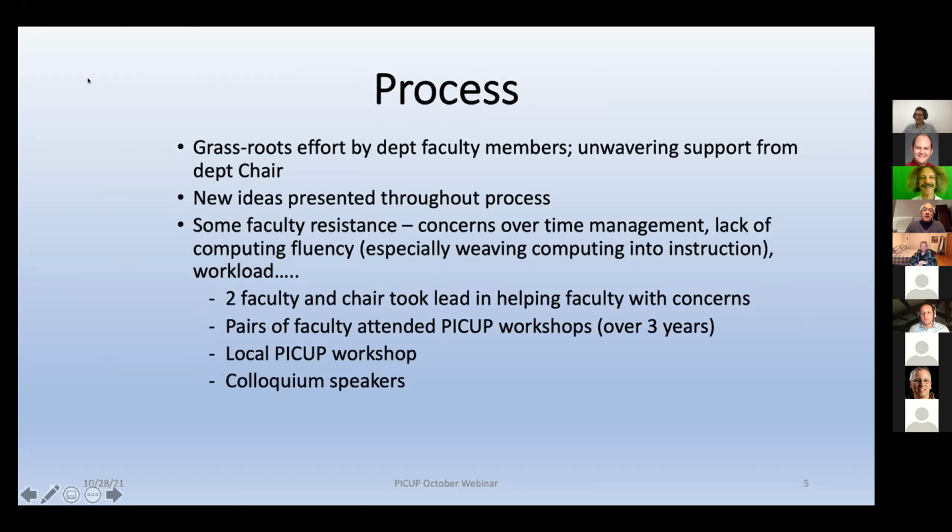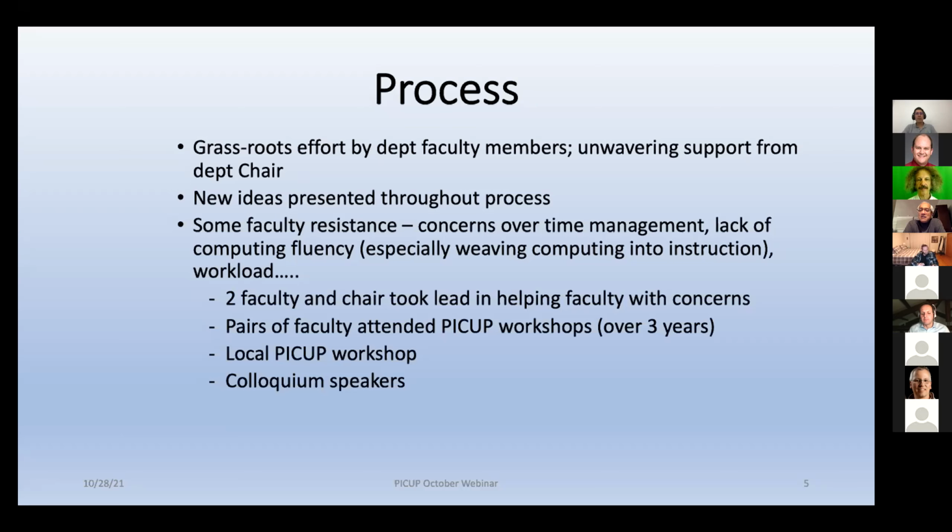We actually introduced a computational physics course in the early 2000s. But that course was offered, I think, once or twice, and then other priorities took over. So much as I as a chair wanted to do this, it took almost 2 decades for us to really be able to do it. Even as we were discussing this idea of introducing computations in the curriculum, there were lots of faculty meetings devoted to this. There were new ideas presented throughout. We were discussing various ways of doing this.